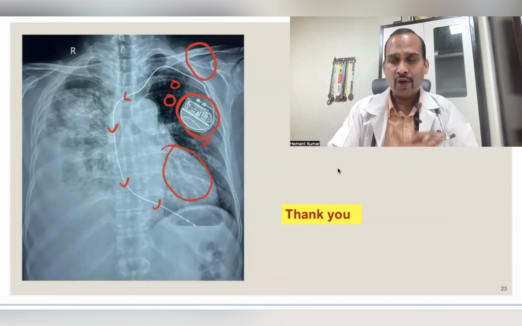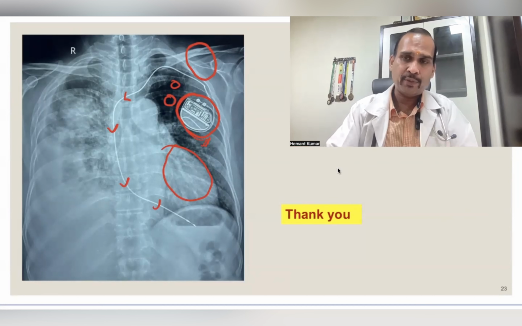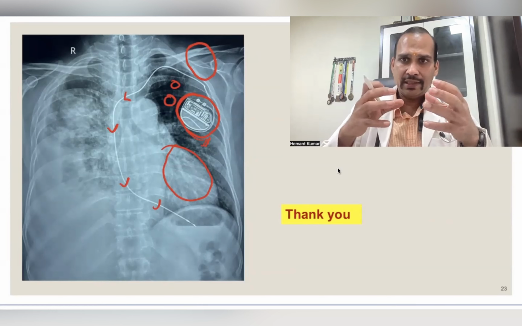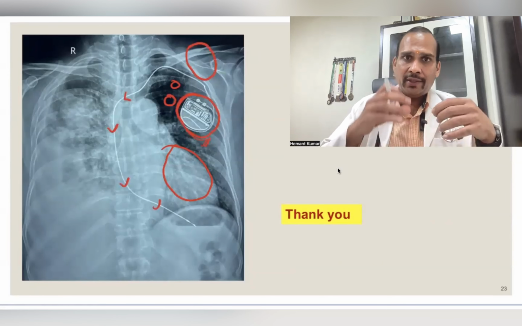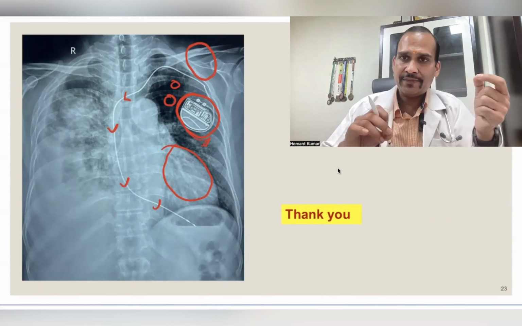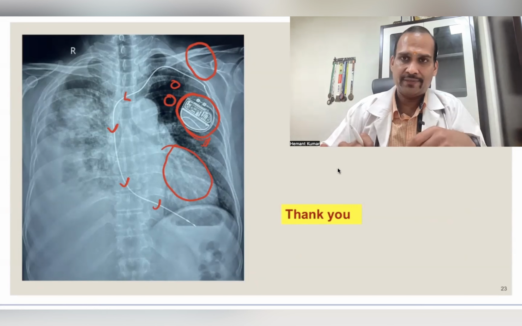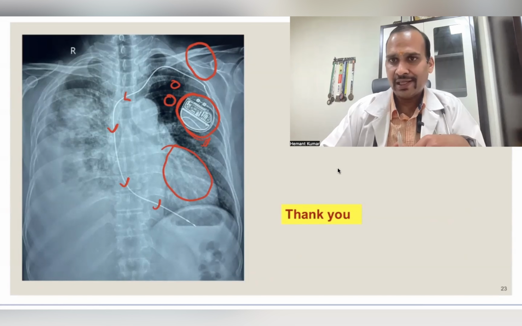So this is how we take a good x-ray. If it is a good x-ray, we have to interpret it. If it is not a good x-ray, we should repeat it. In this lecture, I think this is enough. In another lecture, we will see the normal x-ray and normal structures, what things we can see in a normal x-ray and how to read a normal x-ray, which is useful in your exam. So see you next class.